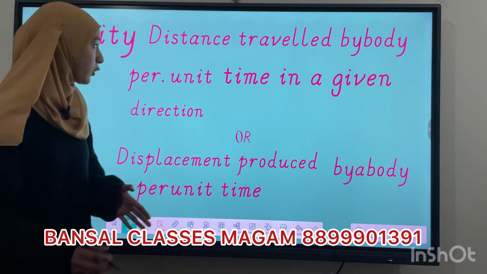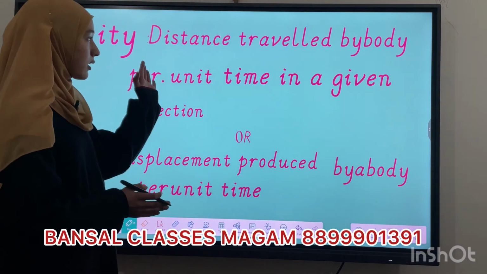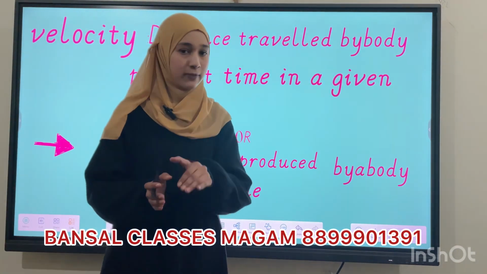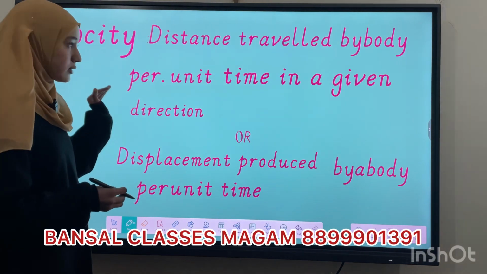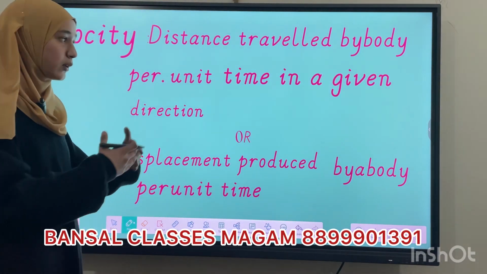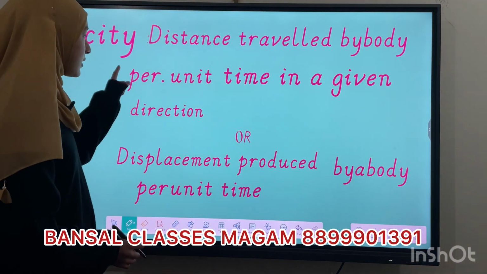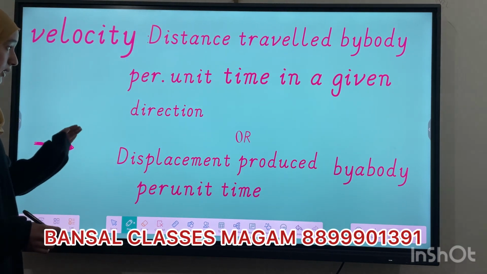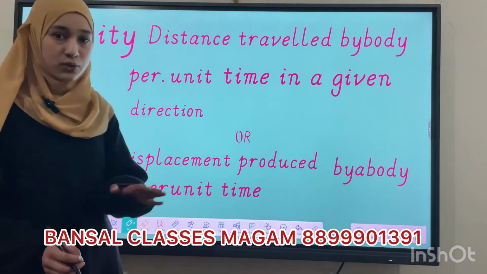After this we have velocity. Velocity is the same as speed, but the only difference here is that in velocity we have a given direction, a particular given direction. So velocity is the distance traveled by a body per unit time in a given direction, which